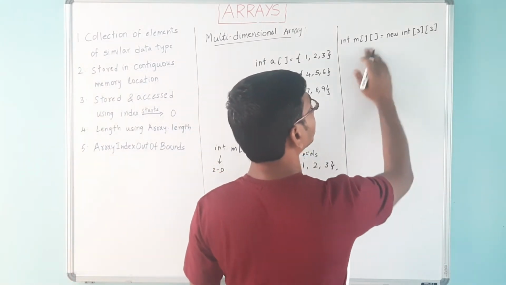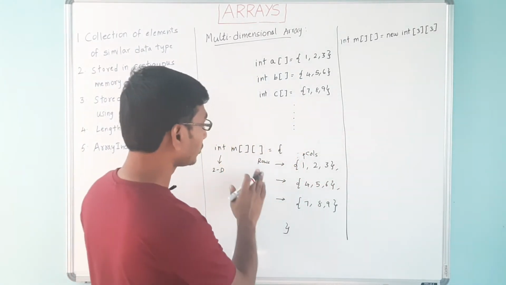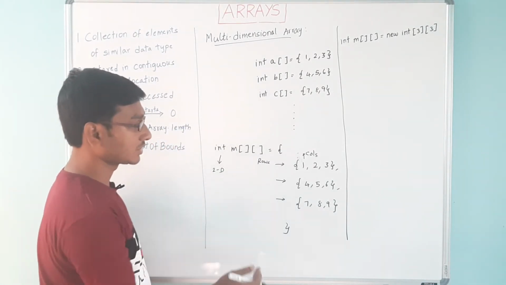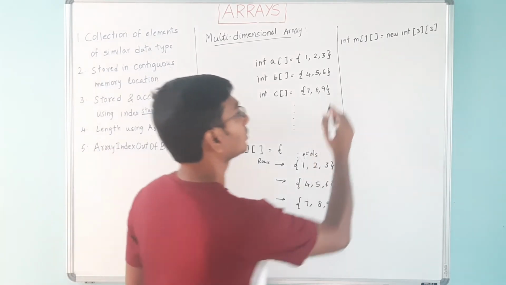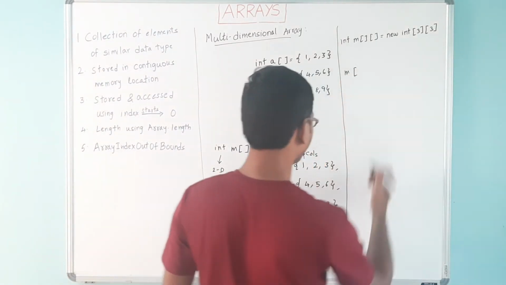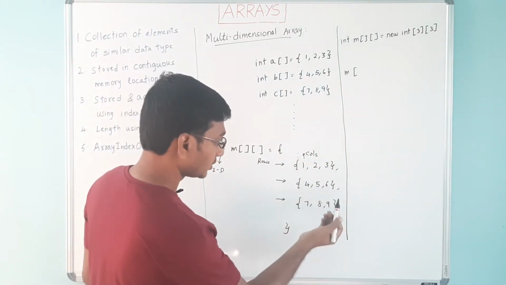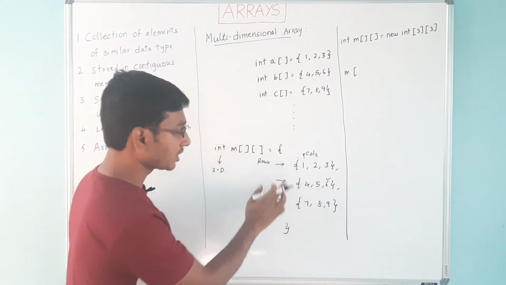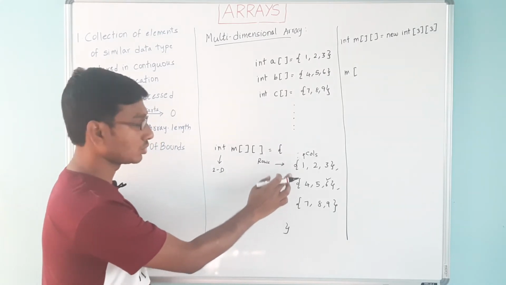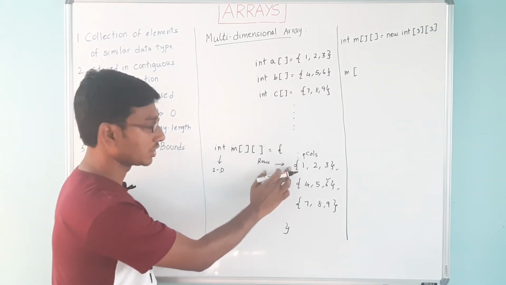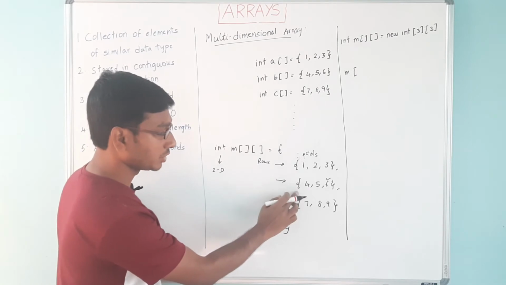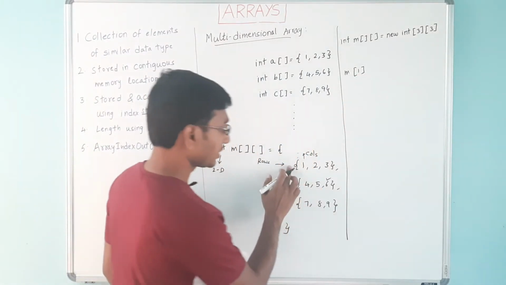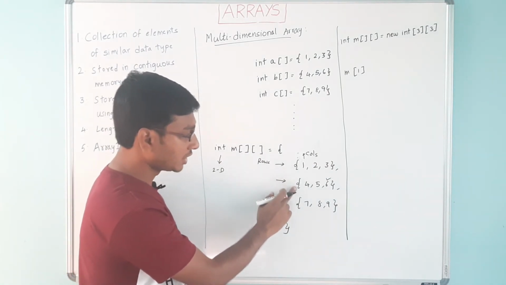This is the instantiation part, and how to initialize the values. This can be a generic thing, but how do we actually access and read these values? For example, I want to access the 6 here. How to access that? It is present in the second row, right? Again, rows start with the zeroth index, 0, 1. It is in the second row actually, but the index is 1.